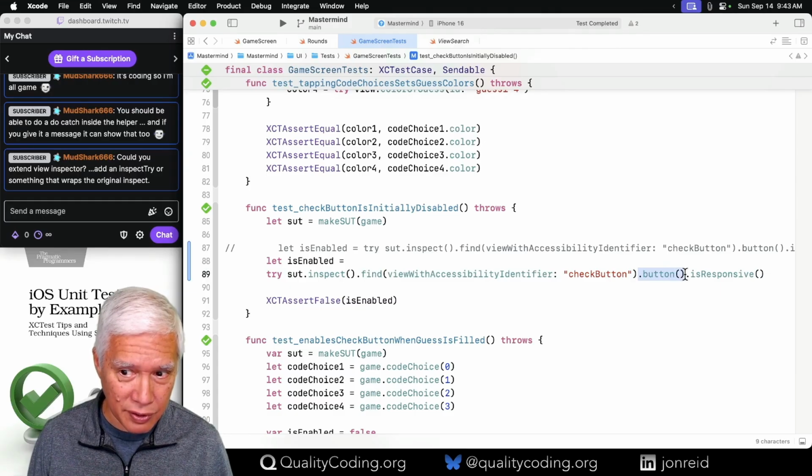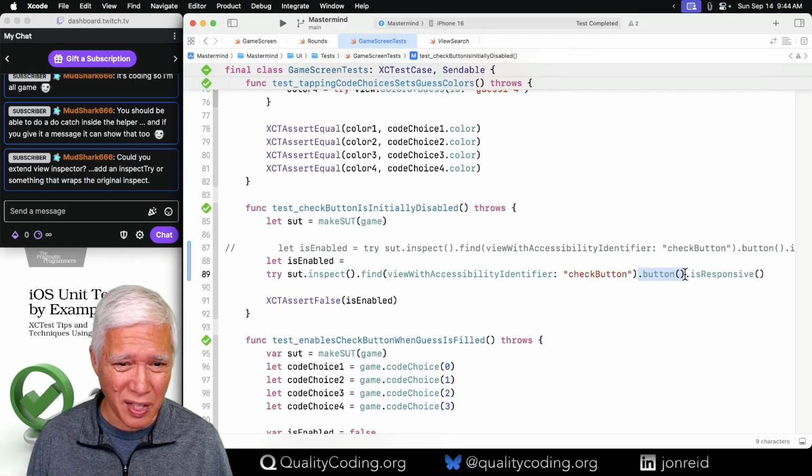And if that fails, then it throws. So this kind of stuff goes deep, but doing the finds,